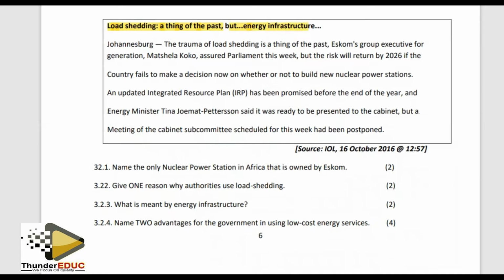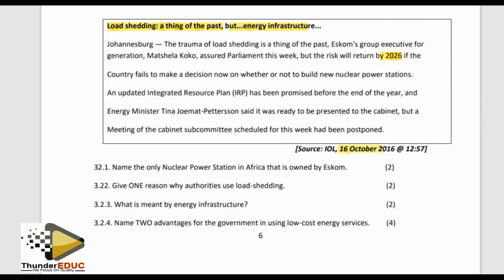So we say Johannesburg, the trauma of load shedding is a thing of the past. Eskom's group executive for generation, Michelle Coco, assured the parliament this week, but the risk will return by 2026. This was a warning, according to the source IOL,